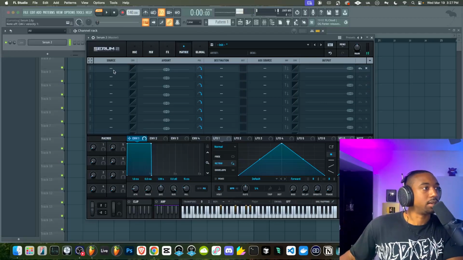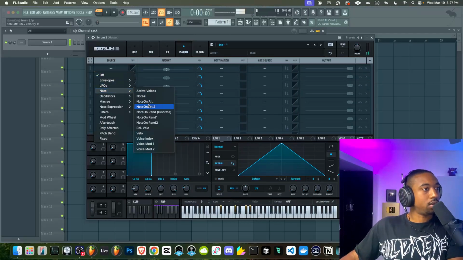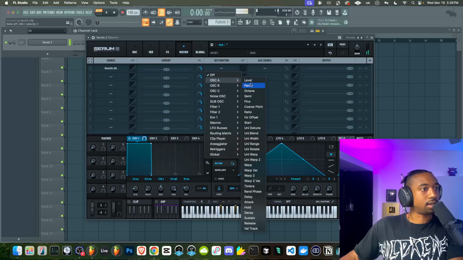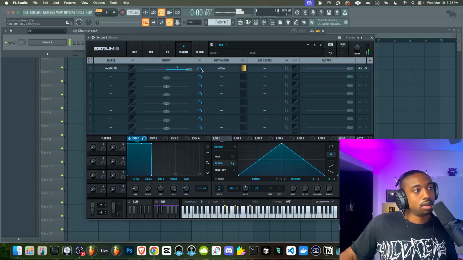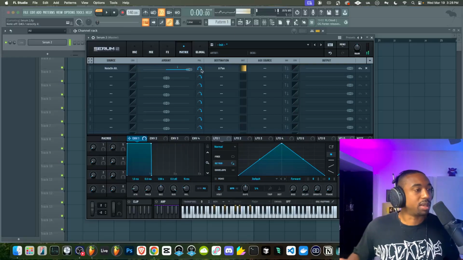Let's start adding some cool effects we couldn't normally do. Let's do note on alternative. Destination oscillator A pan. Left and right bipolar mode. So now again, this plays left and right alternatively. So it makes us feel spread.